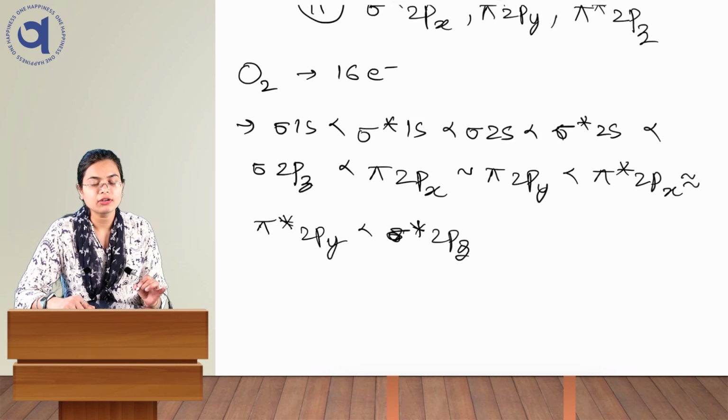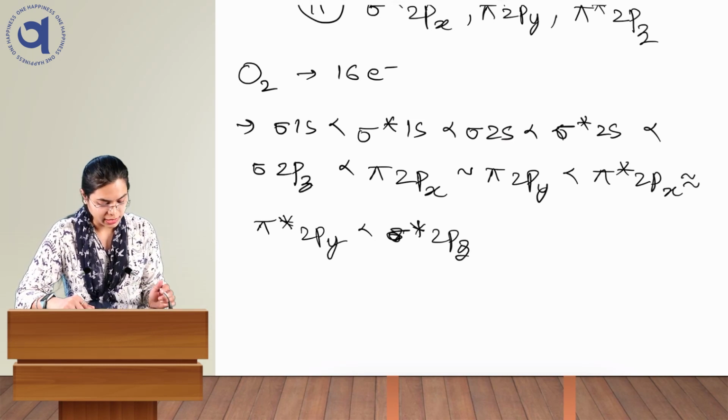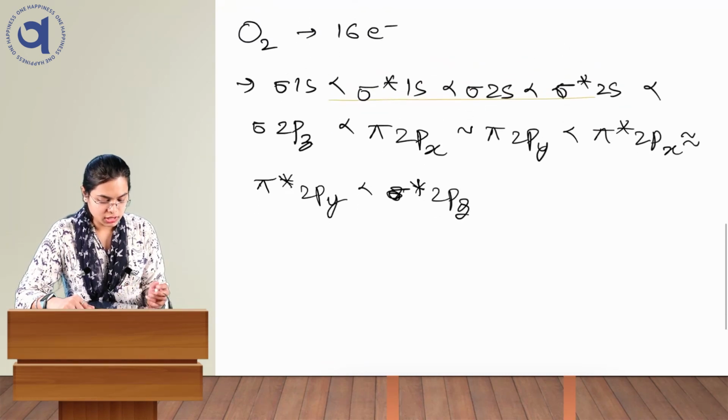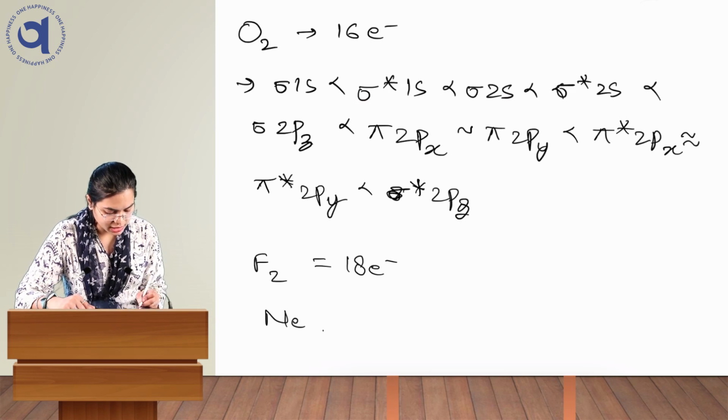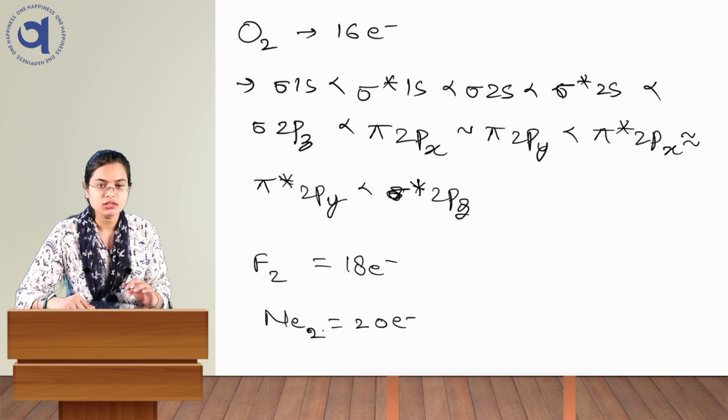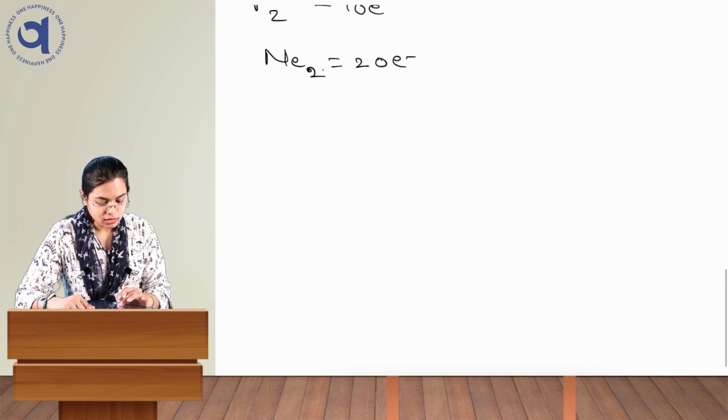This is the particular energy sequence, and this is how the electron filling takes place. Not only for oxygen, but a few other examples are F2, which has 18 electrons, and Ne2, which has 20 electrons, which also follow the same order. When the